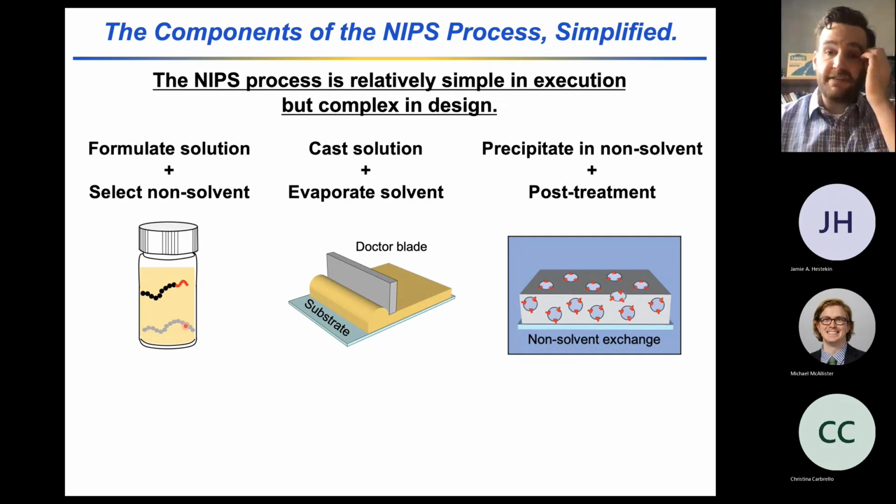And so hopefully this quick primer convinces you that the NIPS process is relatively simple in execution. It's dissolving a polymer in solution, drawing it down into a film, and then plunging it into a non-solvent bath. But I think it's incredibly complex in design, and it's still a little bit more art than science in terms of understanding the nanostructure, the microstructure that evolves. And I think that there's a lot of opportunity to continue to advance membrane science by understanding how to control